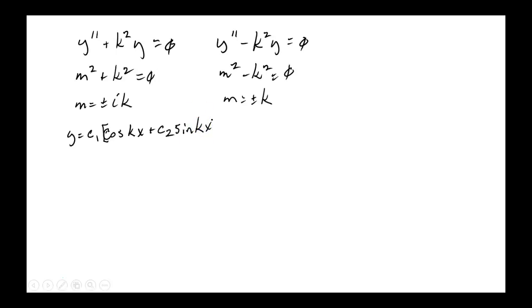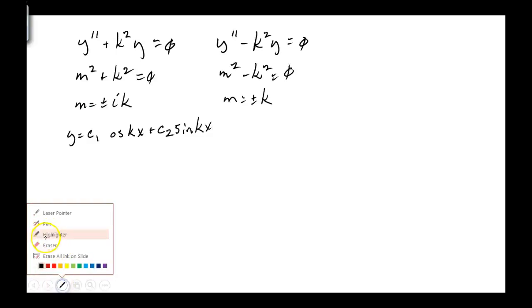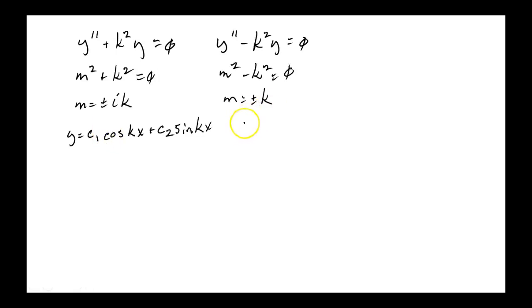Okay? I started to put it in brackets of y, so c1 isn't distributed across. Whoops, hit the wrong button. There we go. Okay. And in the other case, we have y is equal to